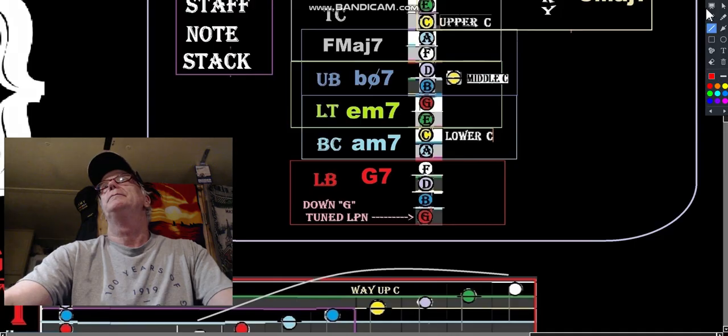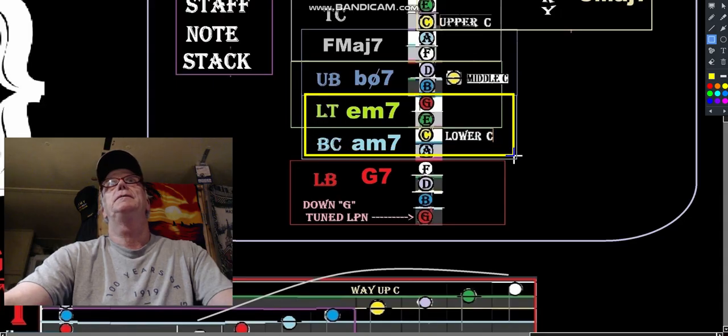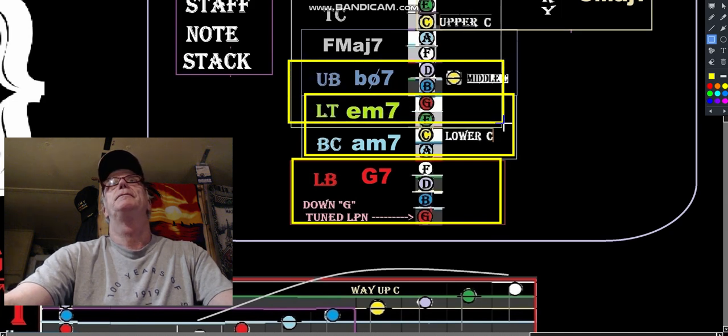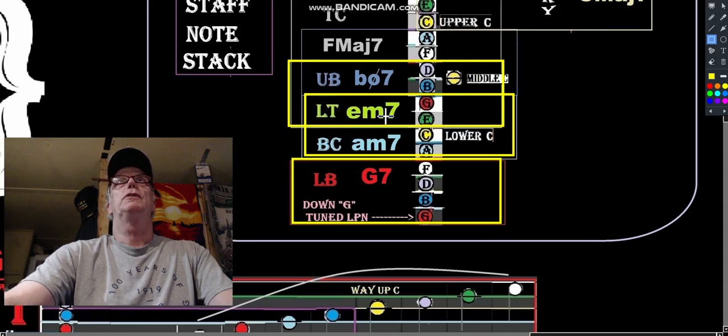Let's do a little square there. So this is the bass clef right here. This is the lower bass. The upper bass becomes these guys. So there's overlap between the